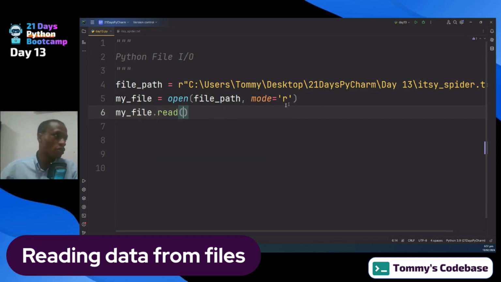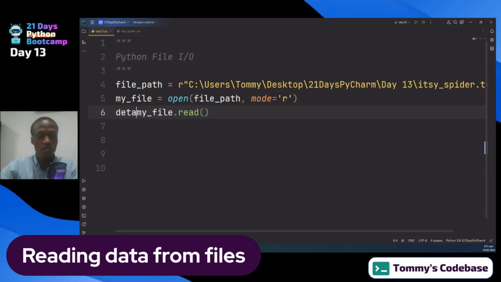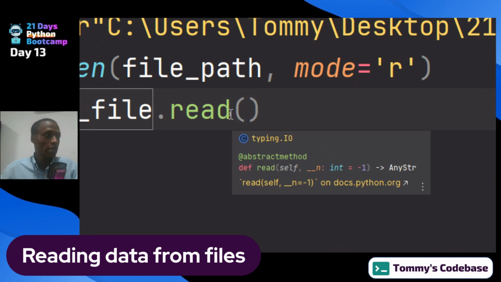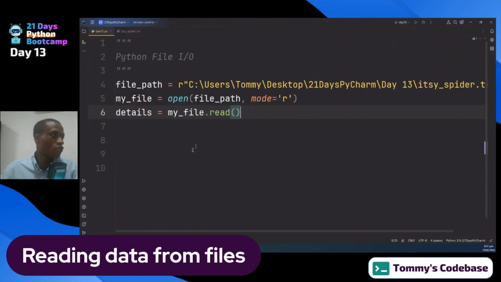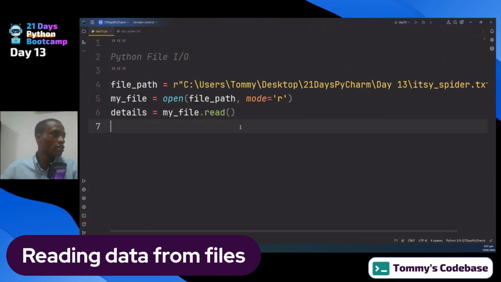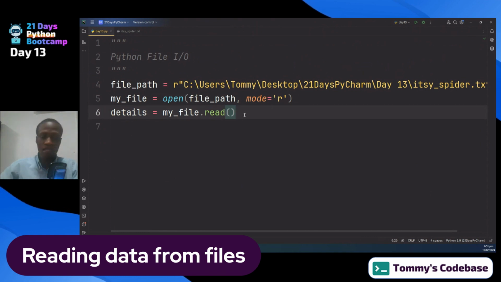There are various options to read the contents of a file, so let us explore all of them. In order to be able to print out the details of the file, we have to assign this to a variable. So maybe you can say details equals my file.read, because if we hover over this, the documentation is not really doing us good. But what this one does is read all the content of the file and bring it to us. So if I print details